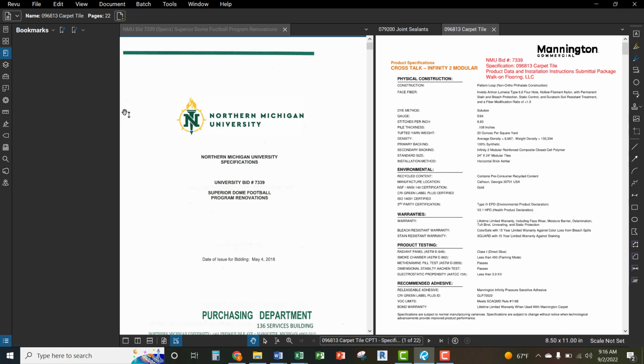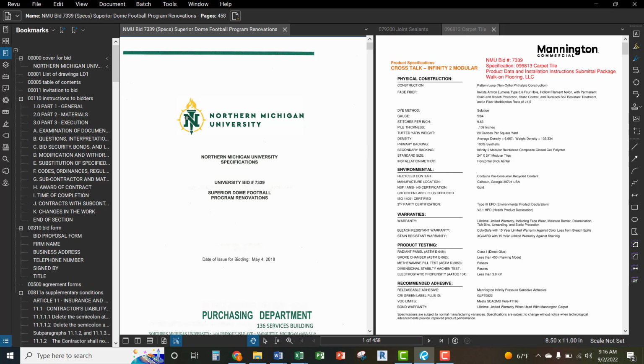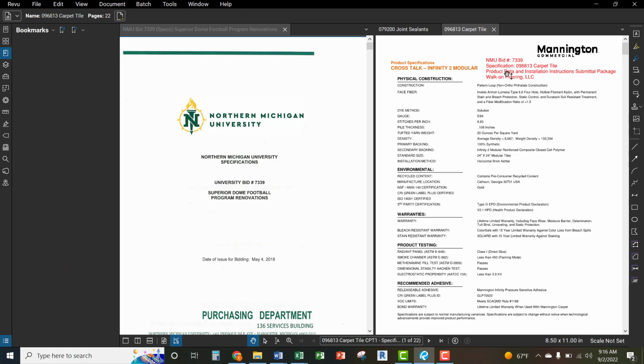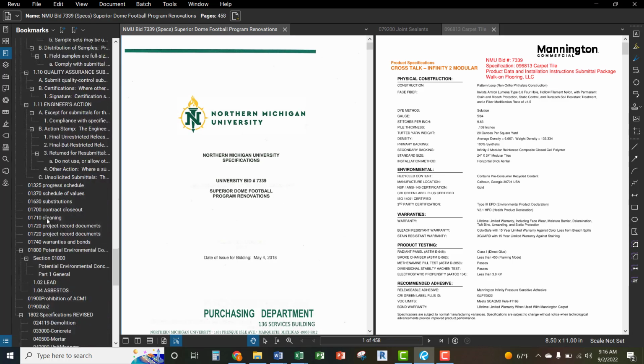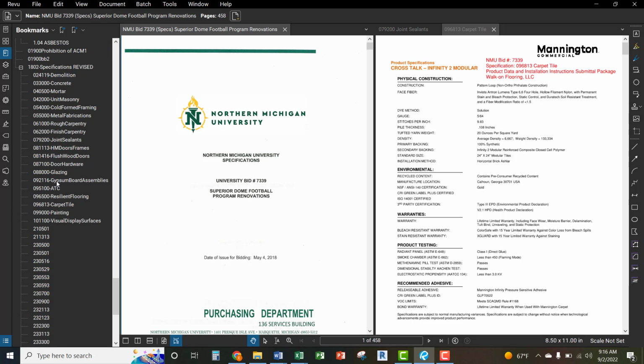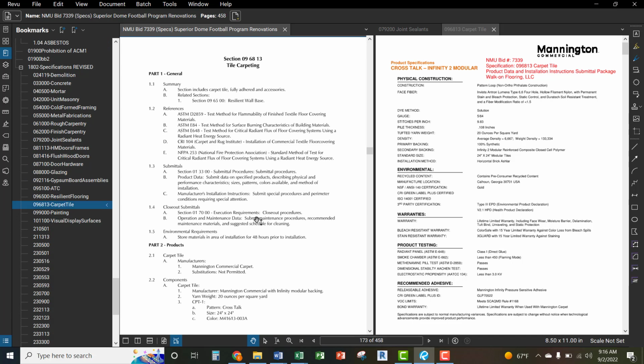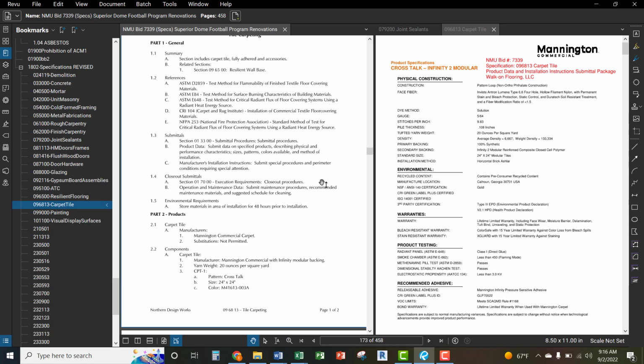But what you're going to have to do is, if you can pull up both at the same time, that's ideal. We are in division 096813. So if I head over to my spec book here, 096813, my carpet tile. The first thing you have to do is, obviously with your submittal log, pull that up and make sure that you have the right submittals in. So if you take a look at this,